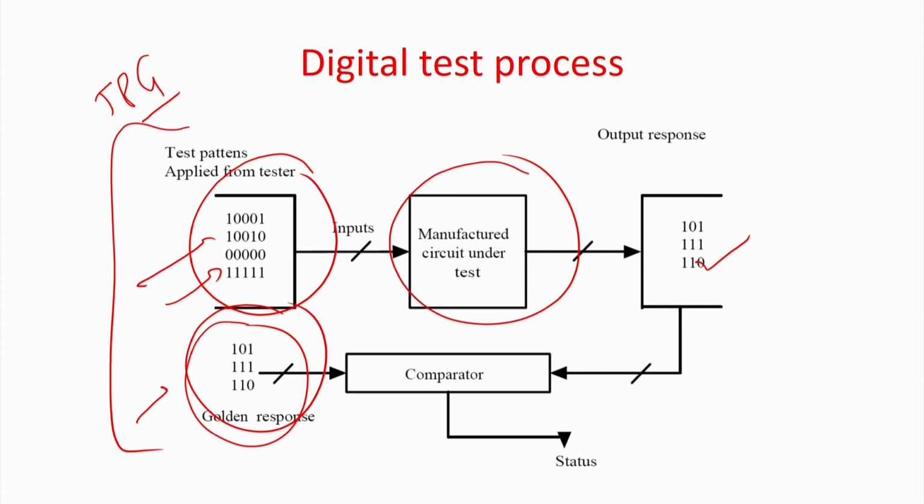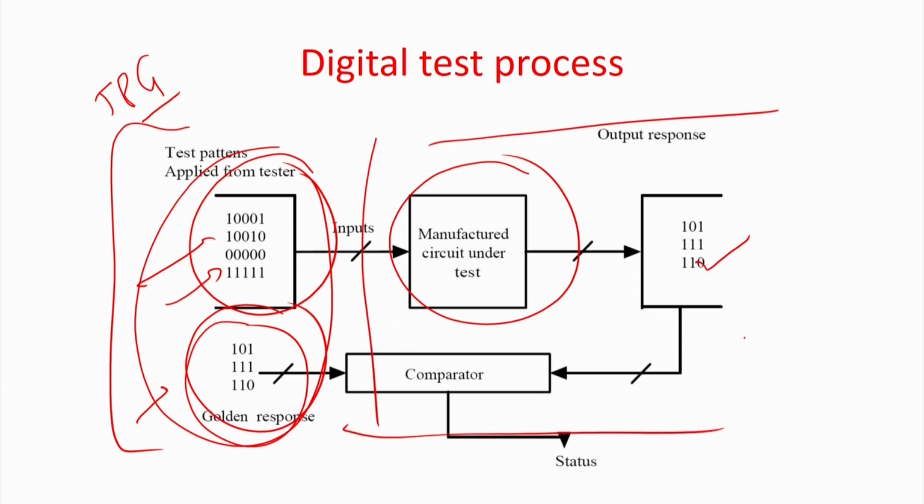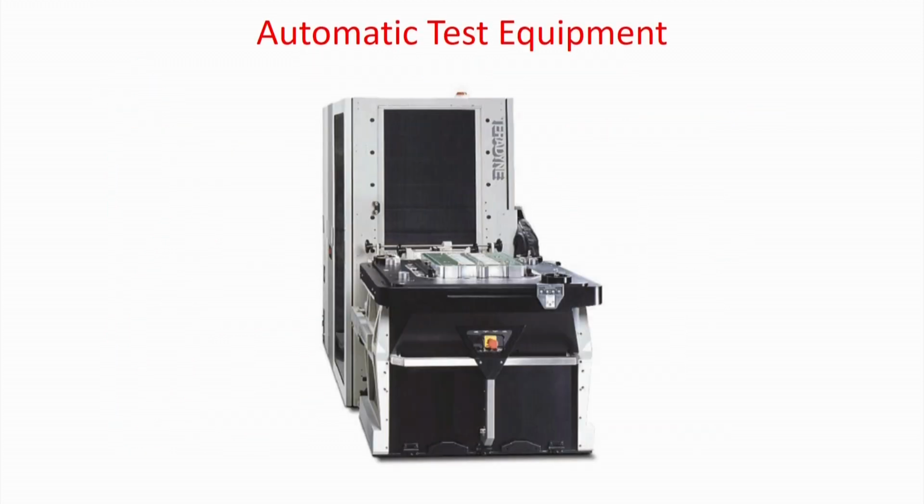So, this part of the course will concentrate on how you can automatically generate test patterns, or how you can do automatic test planning. That is the goal of the course. This other part, as I told you, is something physical, where you apply the test patterns, measure and compare, so there is not much we can study there. As I said, this is something called an automatic test equipment. We put the devices over here, and there are a lot of internal computers, test pattern generators and test pattern analyzers inside.